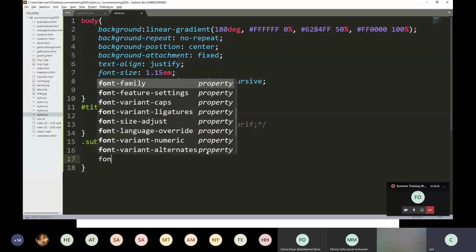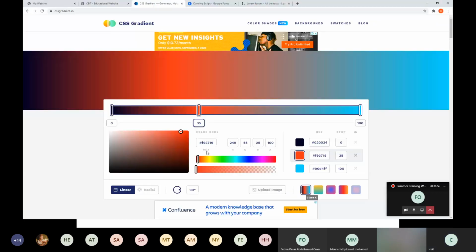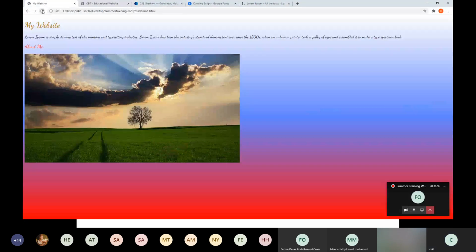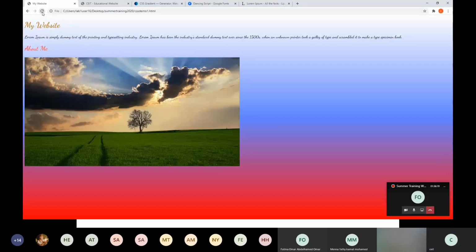If you want to use the font size, suppose 1.3 EM. 1.3 EM will not make any change. If you use 30 pixel, first I will show you. Okay, you can see that it becomes a little larger.